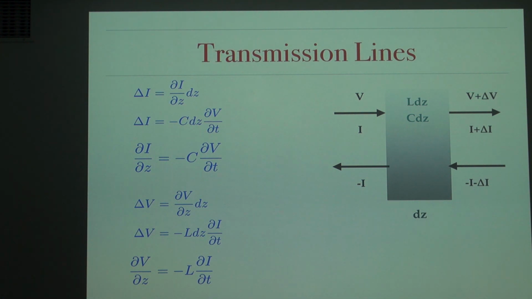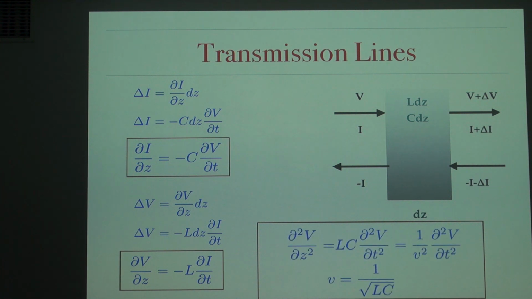And then I do the same operation with the equation for the current. Calculate the time derivative of the first derivative of the current with respect to z. And then on the right-hand side, I will have the second derivative in time of the voltage. Because the second derivatives must be equal, I will obtain from those two one equation for the voltage, which is the D'Alembert equation. I obtain the wave equation for the voltage in our transmission line, and the coefficient is 1 over LC,